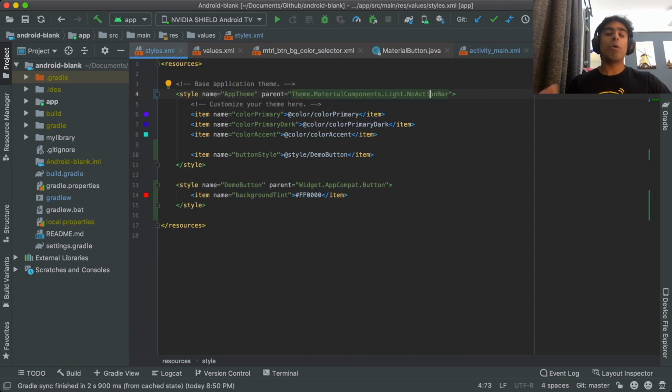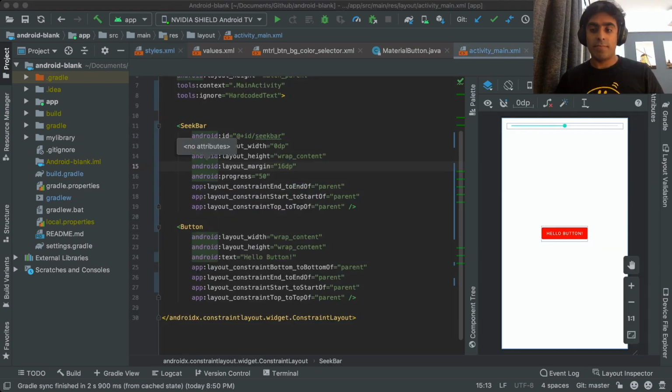And because we know that it uses materialButtonStyle, what we can do is replace it with a materialButtonStyle that inherits from the MaterialComponents button, and now your background tint should be back to red. So hopefully by now you've figured out how to find attributes which control the default appearance of your views. It's probably a lot easier for you to know where these values are defined and how you could go about changing them. This should make it easy for you to figure out how to change the colors and font size of, let's say, your toolbars, bottom bars, or any widget in Android.